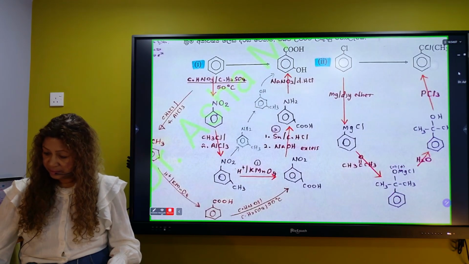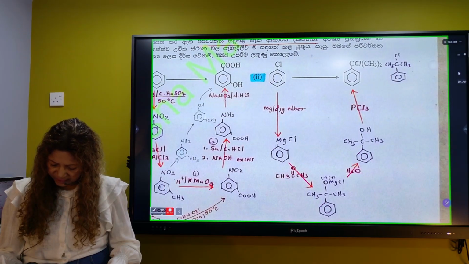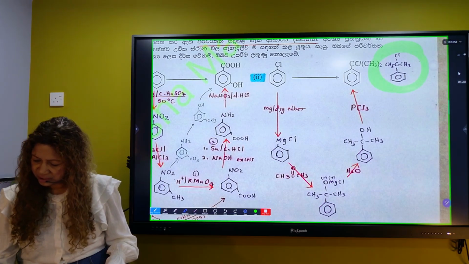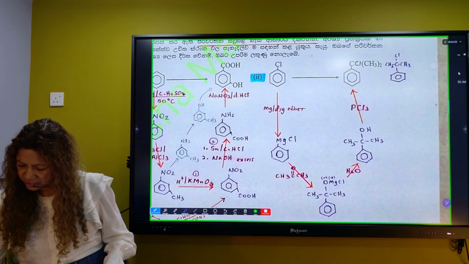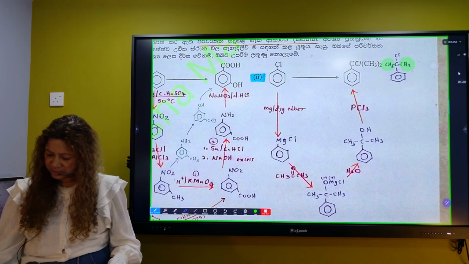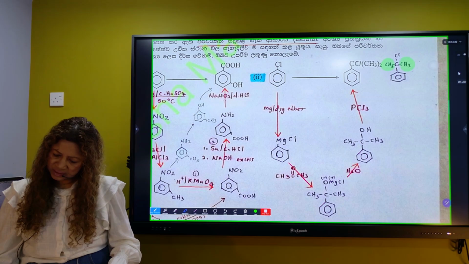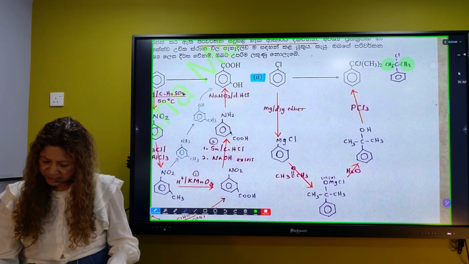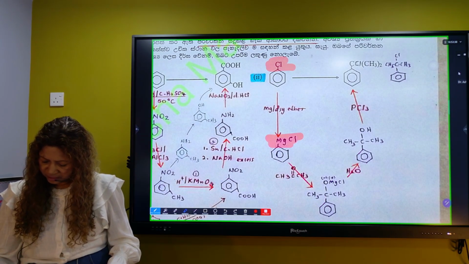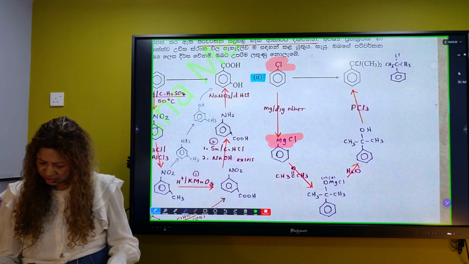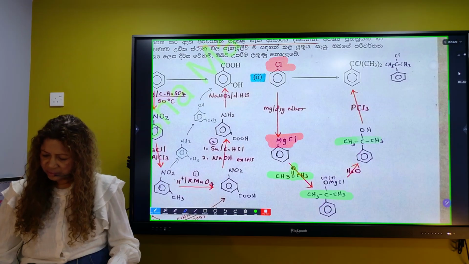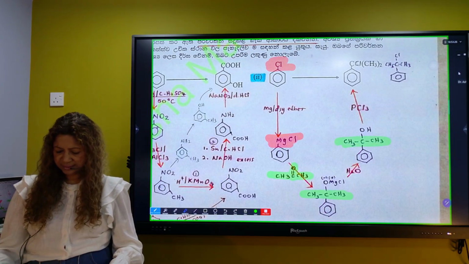If the compound they were given like this, just draw this expanded structure. Two CH3 groups, like here you have joined two identical CH3 groups. That comes with this Grignard reagent with carbonyl. Okay, I can make the Grignard reagent very easily from this Cl, MgCl. To that, when you add this CH3COCH3, that part is this.